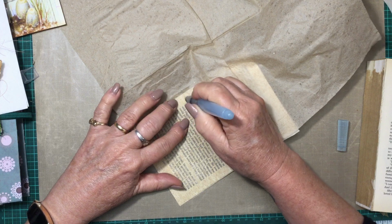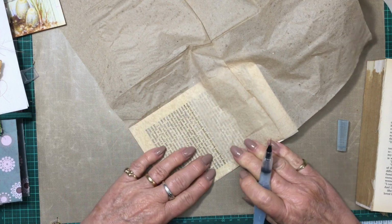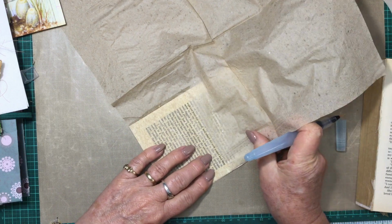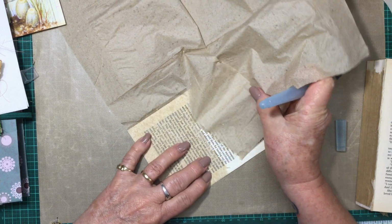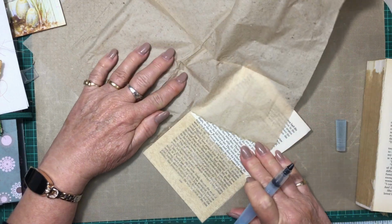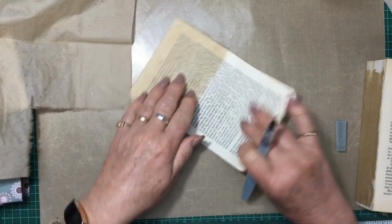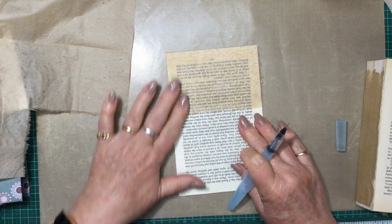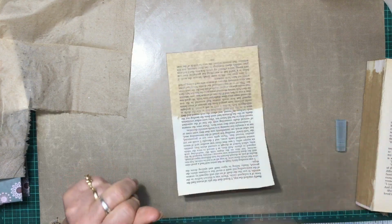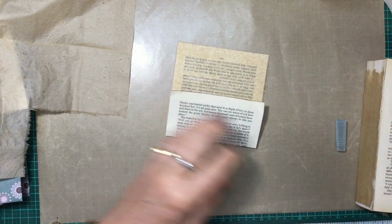Just, you know, don't saturate it, just enough that it's going to wet, so that you can just pull it and it will come away. And then I just let it dry. Then the next part,